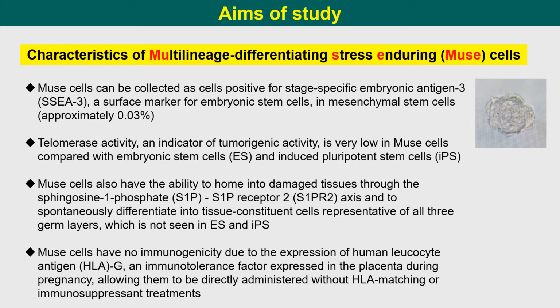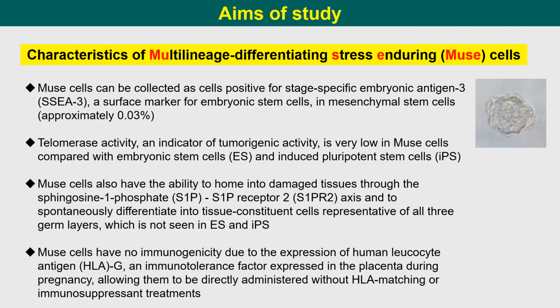This slide shows the characteristics of Muse cells. Muse cells can be collected as cells positive for CD3 in mesenchymal stem cells. Telomerase activity is very low in Muse cells compared with ES and iPS cells. Muse cells also have the ability to home into damaged tissues through the